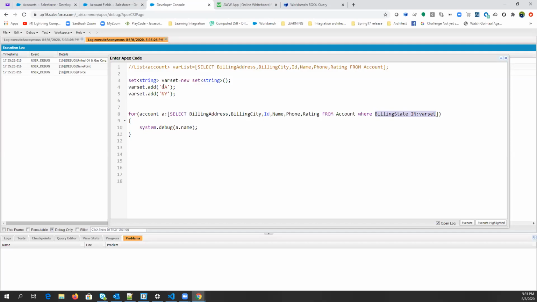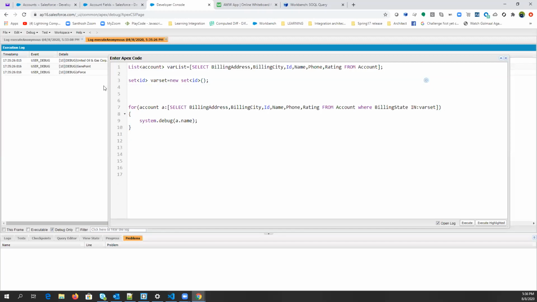Let's say I have a set of IDs. I'm just giving you an example. How will you do this? Let's say I have a set of IDs and I have things like this. I'm not showing any best practice or real programming here. I'm just telling you how you will use it in the longer term.